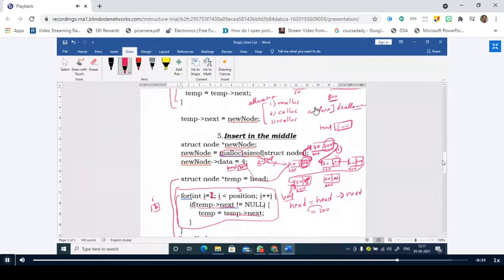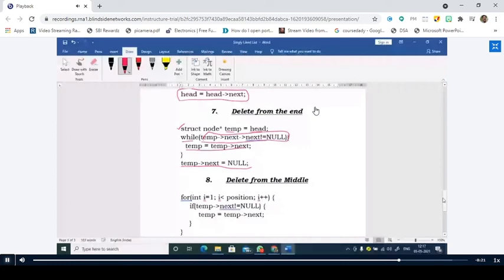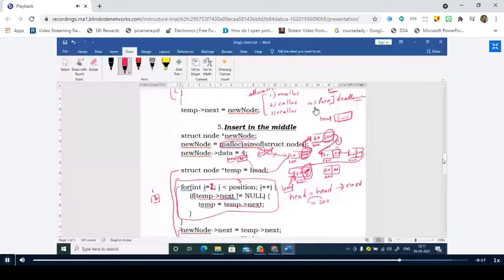Now I make temp next equal to null after I come out of the loop. So this particular link will be broken and this becomes free. So this becomes the last node. Is it clear? Yes, sir.